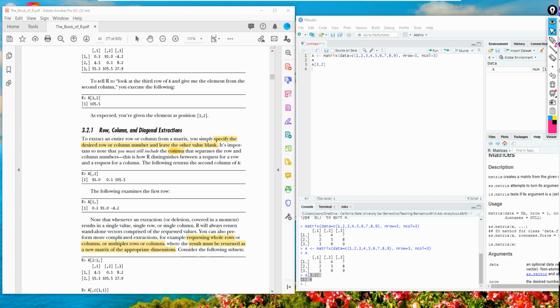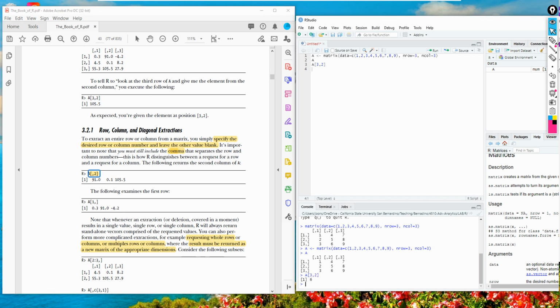For example, if I want to get all the rows, the row field is left blank, and the 2 means the second column. This returns the second column of a.